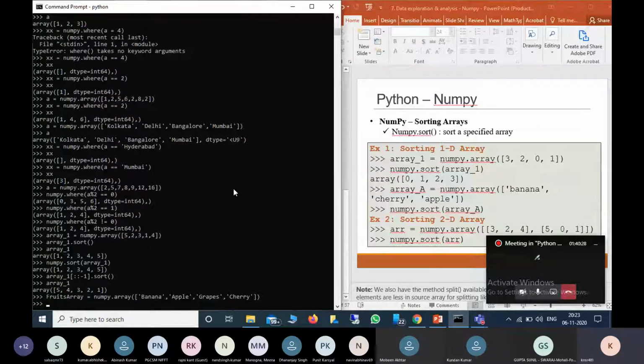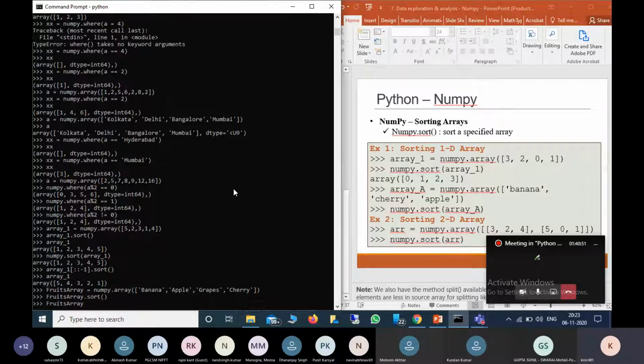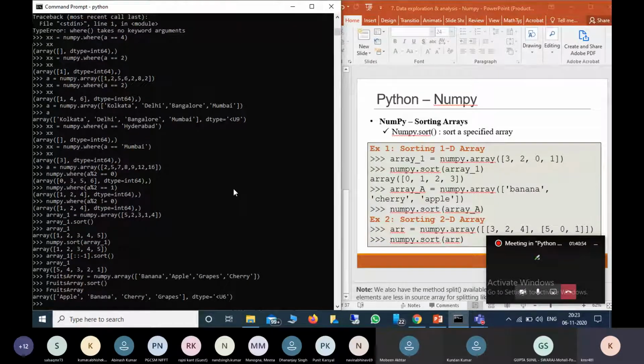Now we can also sort this one, numpy dot sort of fruits array. So let's see how it will work. It is sorted based upon the alphabetical order. Previously, numbers were sorted based upon numerical values. Here it is based upon alphabeticals. So this way we can sort the 1D arrays.